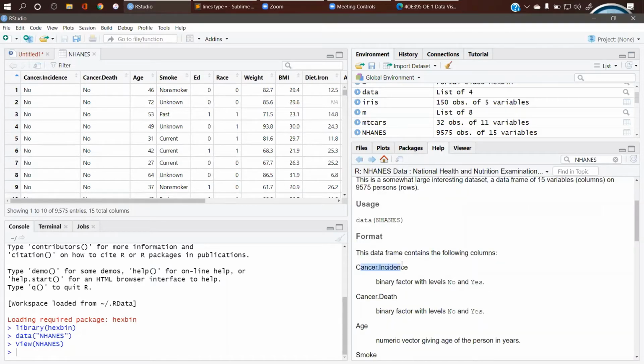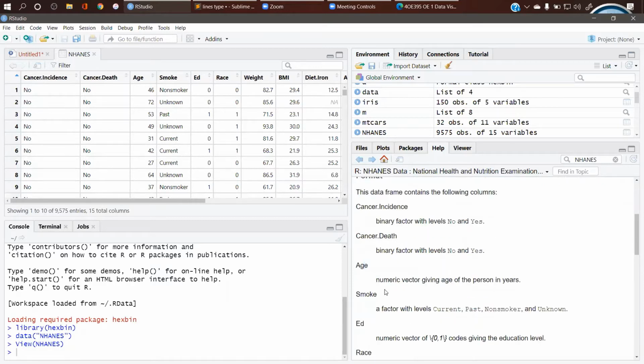So it has cancer incidence, cancer death, age, and smoke, right? And this is a factor level. That means it will have different categories: either current, past, non-smoker, or not having any information.